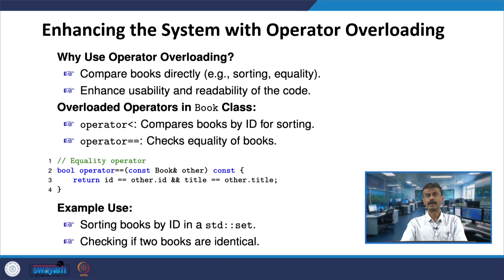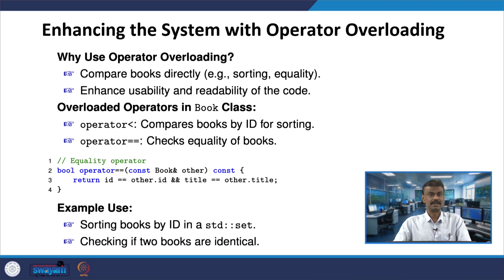Also, we were talking about operator overloading. Why do we use operator overloading? Here you have to compare the books. You may have the same copy, let us say 10 copies, all the same book. Whether all these books are equal, or the books are in sorted order in some way, either with the help of ID or with the help of authors, first author's first name alphabetically.